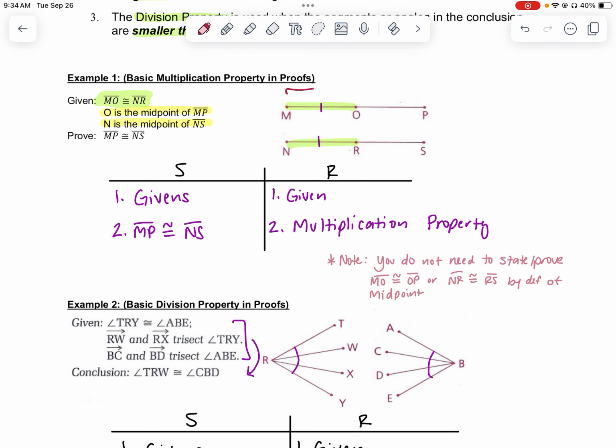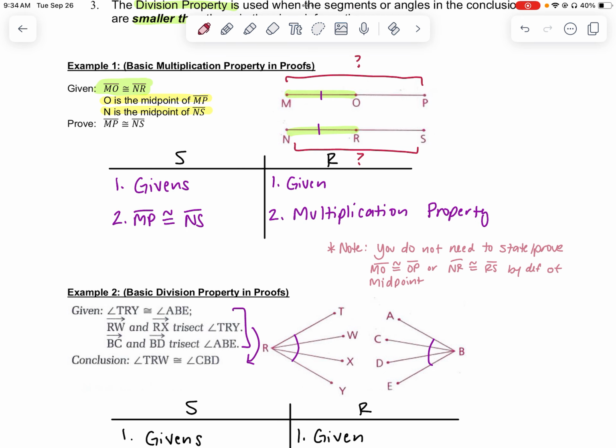Well, where are those segments? It's the full segment. So using the multiplication property says this: if I have two congruent segments, they are each half of some larger segment because they are both two segments divided by a midpoint. If I were to double these two congruent segments, it would result in the whole segments. Since I'm doubling two congruent measures, two equal measures, what we end up with will have to be congruent. A little bit hard to think through, so make sure you process this. So that allows us, straight from the three givens, to prove that MP is congruent to NS,